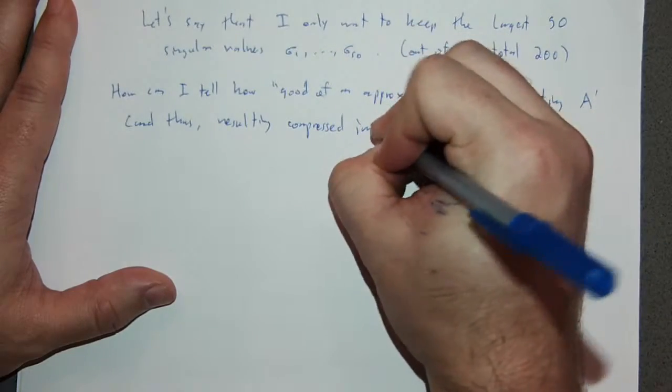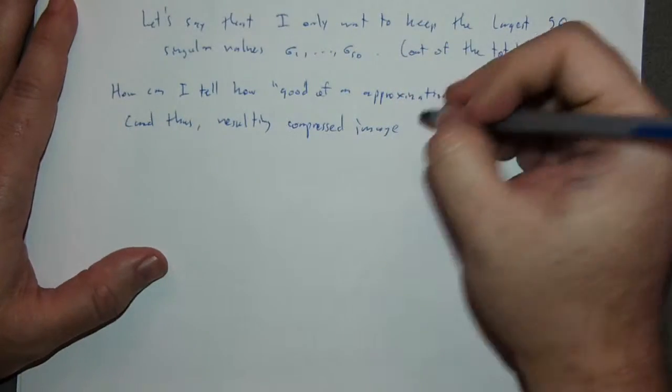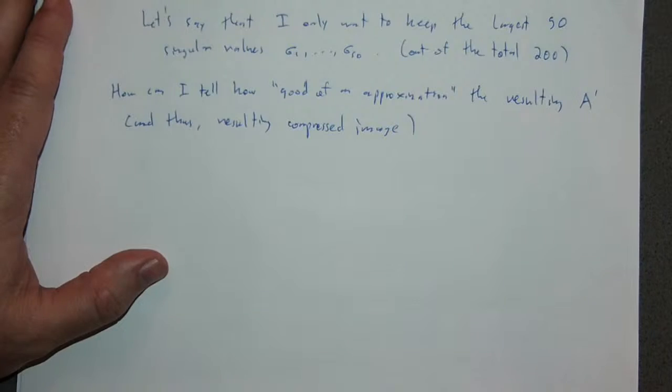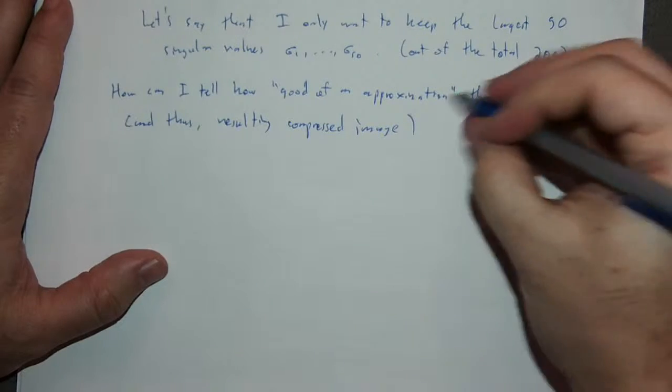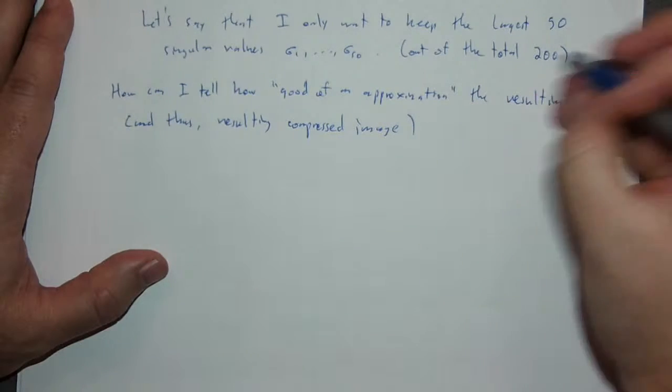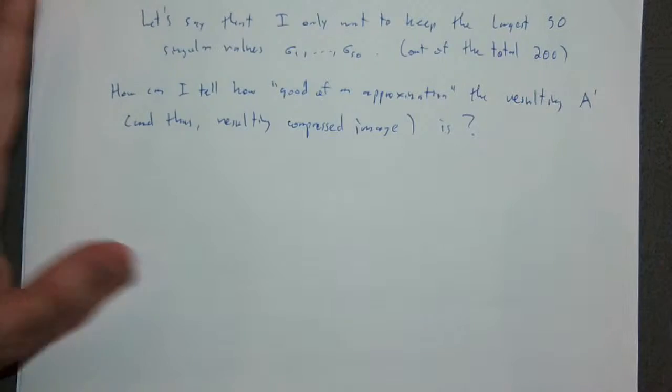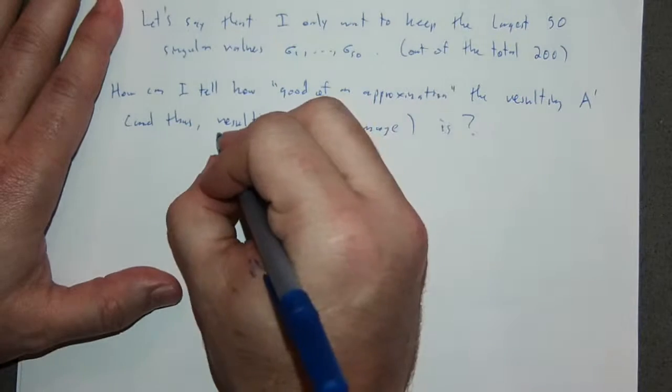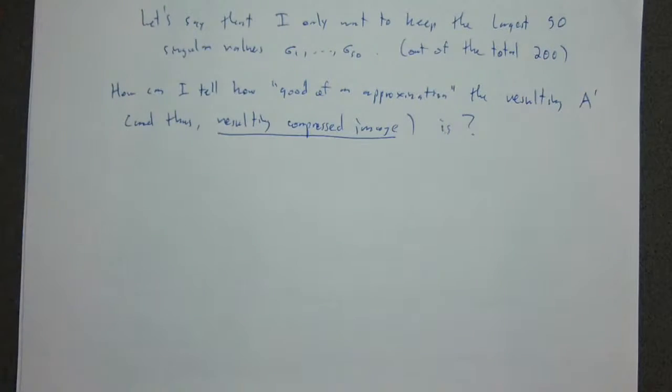That's the compressed image associated with this new matrix A prime. So how can I tell how good of an approximation the resulting A prime is? Of course, really what I'm interested in is this resulting compressed image. And the answer to that is